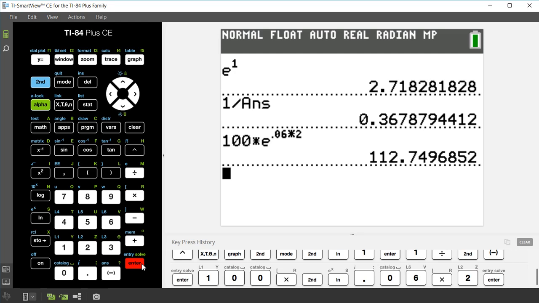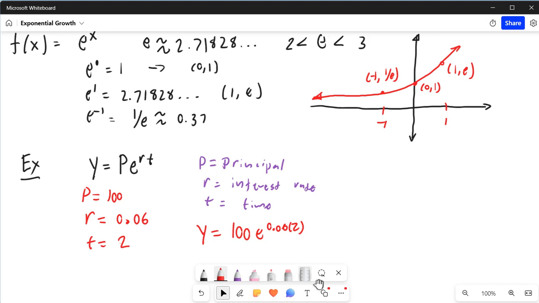And we'll see that this amount is 112.75. So here we have that this amount is 112.75. This is an amount that grows exponentially,